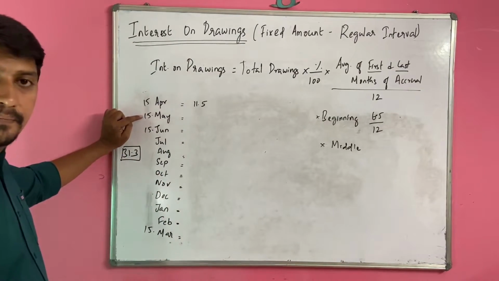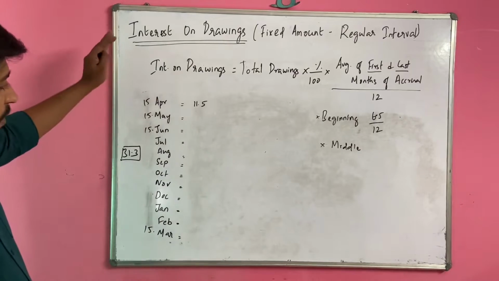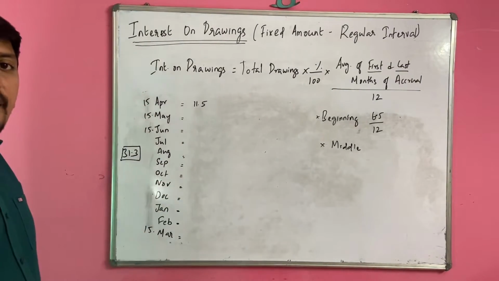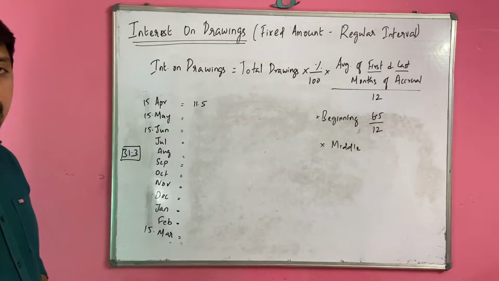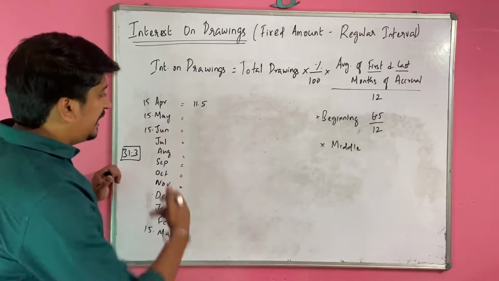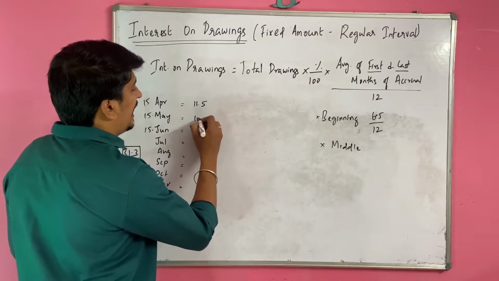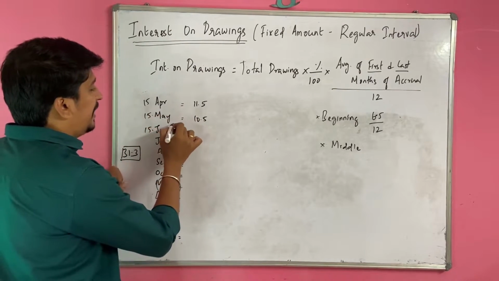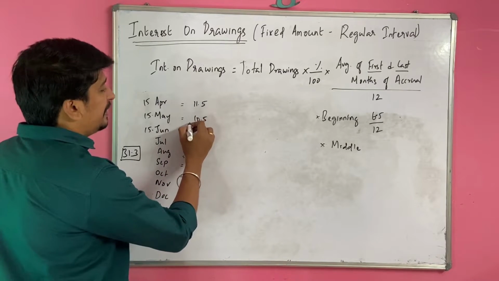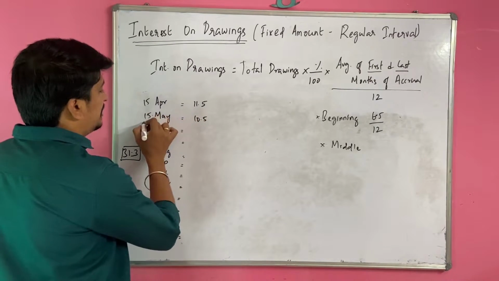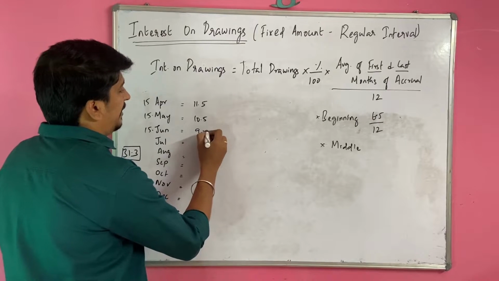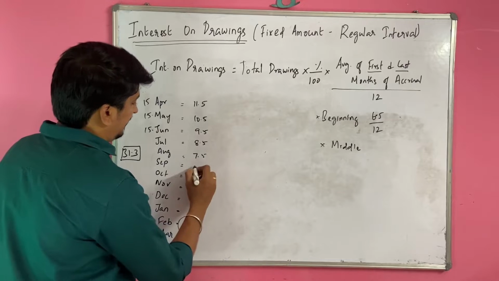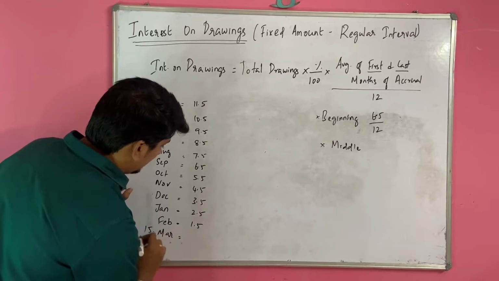Now for May, April is over, May half of the month is over. So May middle he takes the second drawings, which means 1.5 months are over. So the remaining 10.5 months he has used the amount drawn on this date. So he has to pay interest for 10.5 months for the amount drawn on this date. And similarly it will be 9.5, 8.5, 7.5, 6. So this March 15 will be